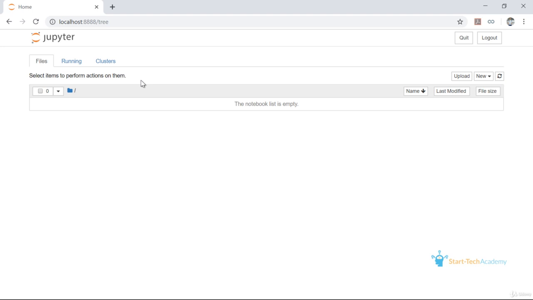Also note that this third method of opening Jupyter Notebook from command prompt may not work in your system. You may have to change some system variables to make it work. I will post the method to change those system variables in a separate lecture so that you can use this method also to open Jupyter Notebook. You can check that lecture if you want, but that is totally optional for this course.